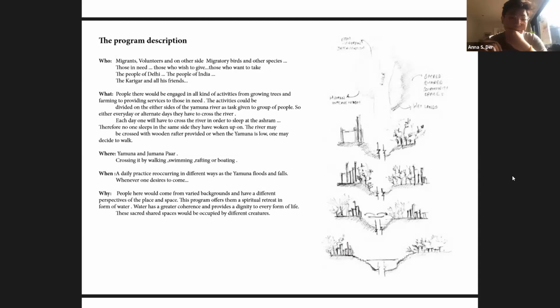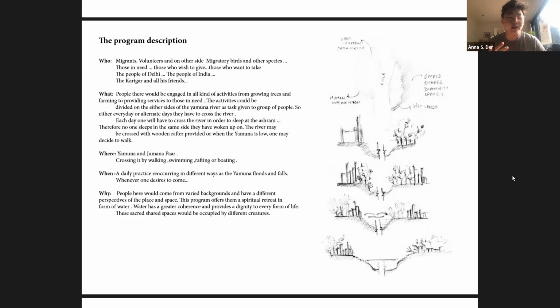And part of this, after discussing with Chaya sir, was like, how can we imagine ourselves actually being on this journey? What makes people interact with the ashram? And so the idea came to mind that if you wake up on the west side, you must cross the river at any point during the day to stay on the east side. But if you wake up on the east side, you must cross the river to stay on the west side. So you can only stay at the ashram in these places if you cross the river, if you're coming from another side. And every day that you wake up, part of your day is to cross the river again.